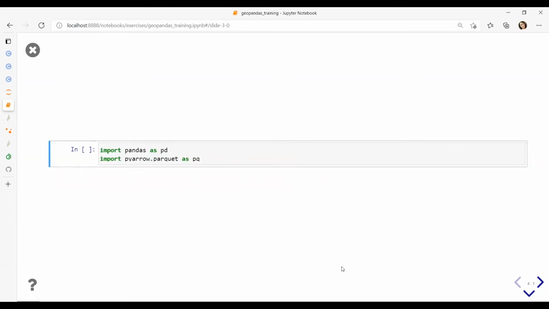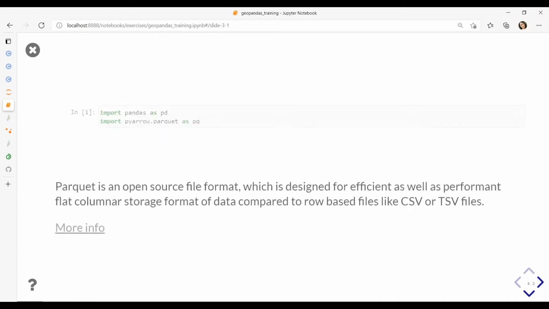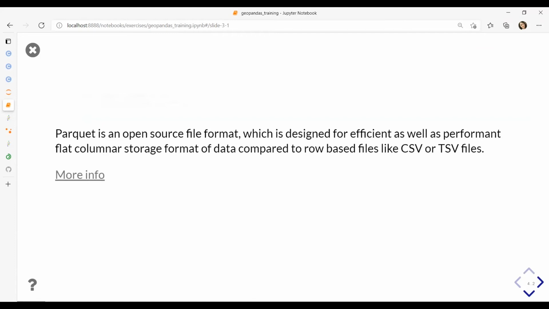So let's start to open the data, and I'm going to run this session alongside with you. So on this step, we are going to import pandas to open our dataset. And the data provided, the very first data provided, is in Parquet format, which is an open source file format designed to efficiently store information.